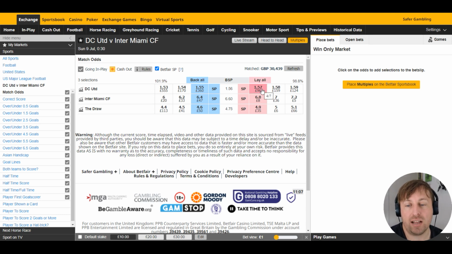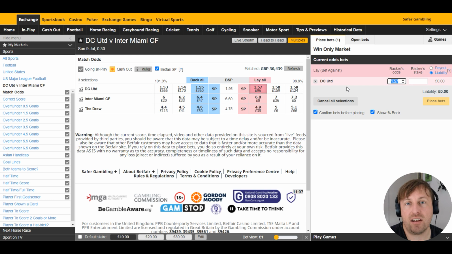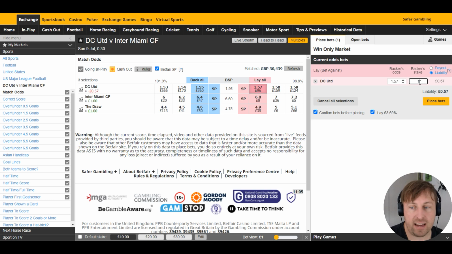Now, the beauty of Betfair is that you don't just have to back things, you are able to lay things as well. So if you go to this side of the market, you're actually betting against something to happen. And the stake you input is not the stake you're risking. It's actually the stake you would win. You'll get commission taken off that a little bit, but it's basically the stake you'll win. So again, let's say we want to lay £400 here. You can see that now we'd actually lose 57 if DC United won, but we'd make 100 if Inter Miami